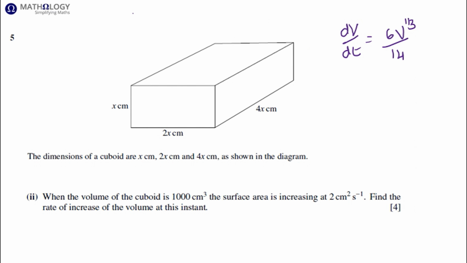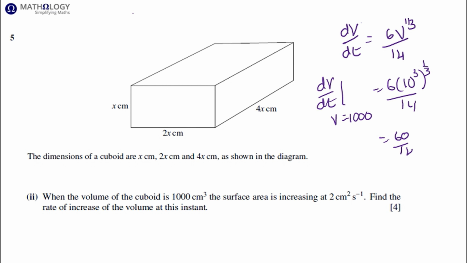Now when the surface area is increasing at 2 square centimeters per second, the volume of the cuboid is 1,000 cubic centimeters. So we're going to evaluate this when V is 1,000 cubic centimeters. So it'd be 6 times 1,000, which is 10 to the 3, to the third, divided by 14. So that will be 60 over 14, which is 30 over 7